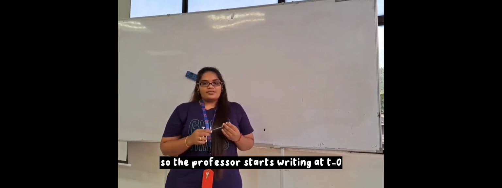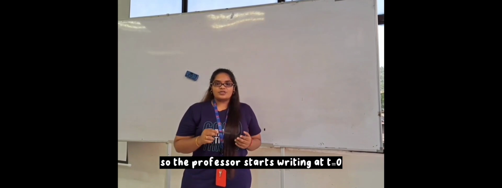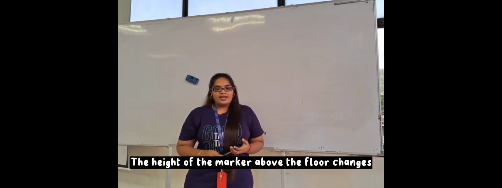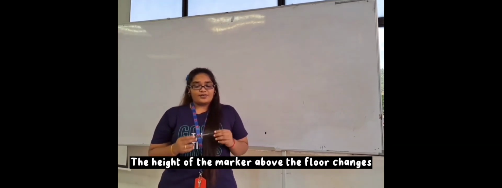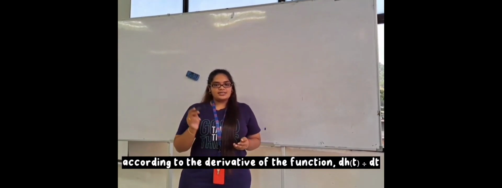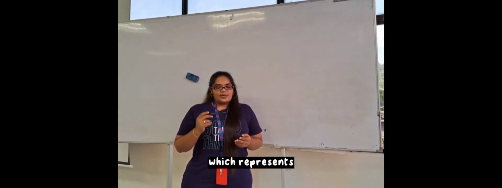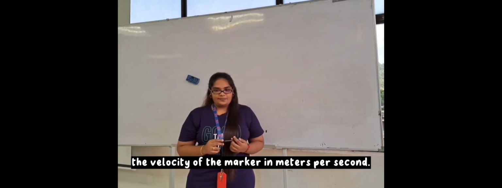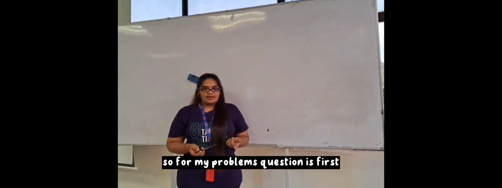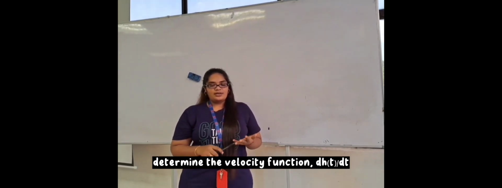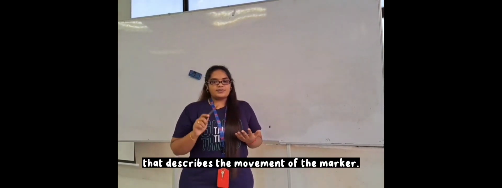The professor starts writing at t equals 0 and finishes at t equals 10. The height of the marker above the floor changes according to the derivative of the function, dh/dt, which represents the velocity of the marker in meters per second. So my problem's questions are: first, determine the velocity function dh(t)/dt that describes the movement of the